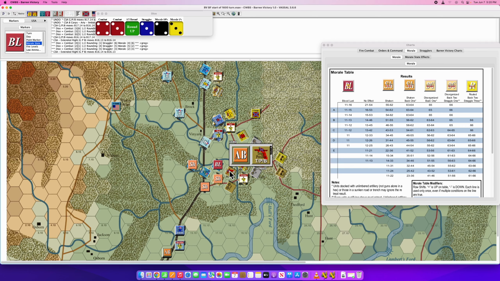So let's see, I'm not going to move this. I'm not going to move Trigg's brigade here. And I am going to move, however, Kelly. Where is Kelly? So Kelly is the second one. Okay. Because Kelly is the brigade I want to take over the defense of the southern portion of the Lafayette Road. So I'm going to move Kelly 1,